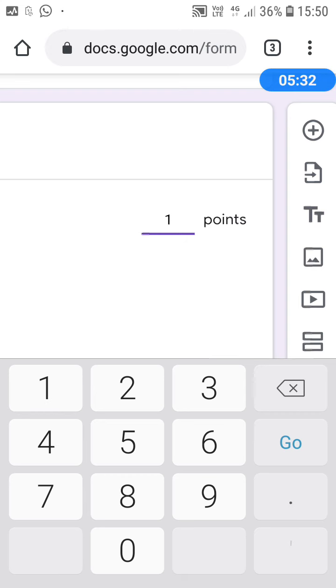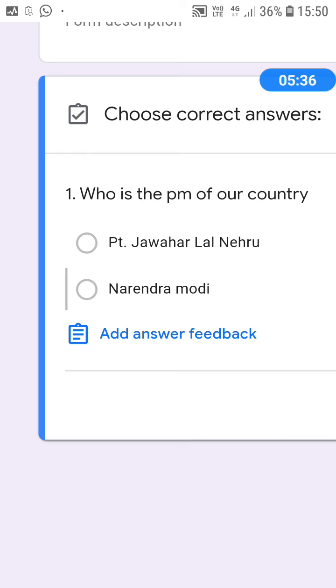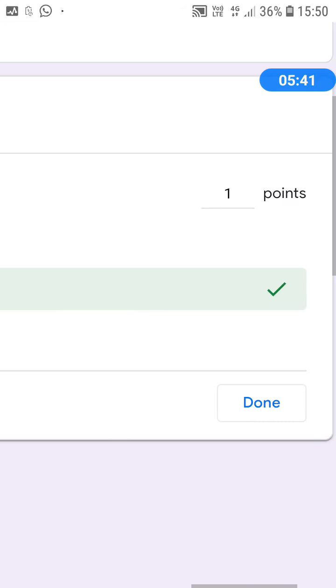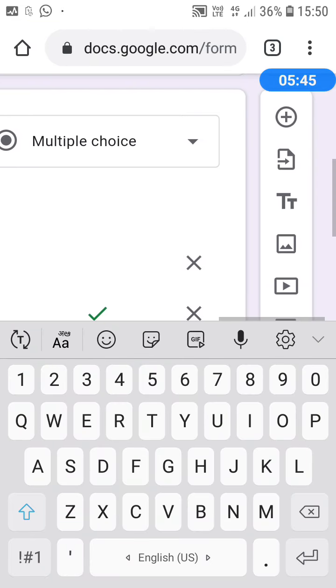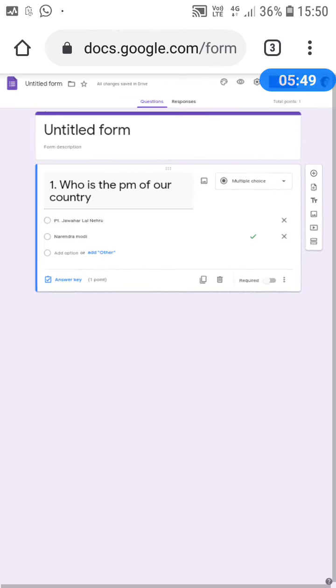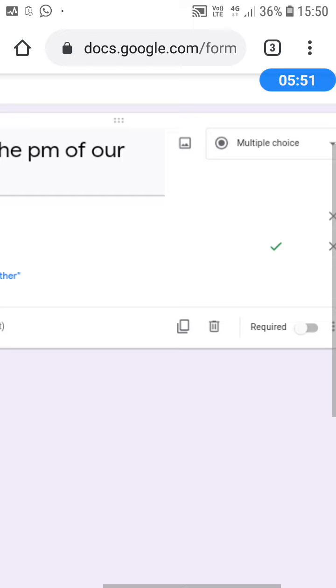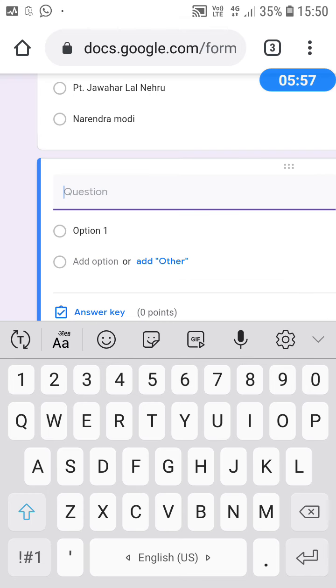Suppose it is 1 point, meaning 1 mark, and the answer key I have to click now. The answer is Narendra Modi, and then I have to click done. Now to add the second question, we are getting some options here, and we have to click on this plus button.